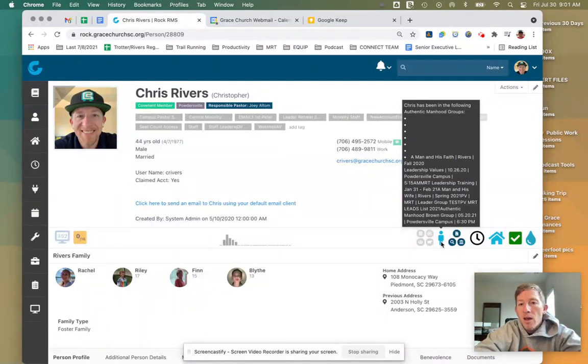Another thing just to note is that it's important that you're in here. It's important that you have access to this. It's important that you have a team member. Maybe you have an admin on your team other than a campus admin. They probably need access to Rock. Like I said, we're going to do some training on this year and get people acclimated, but I hope this video has been helpful for you.